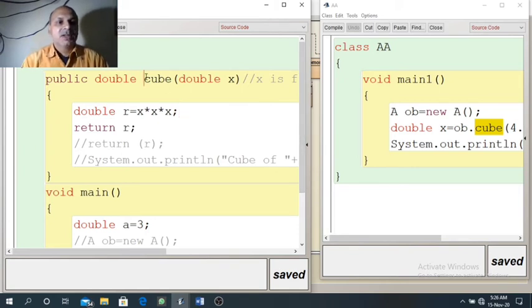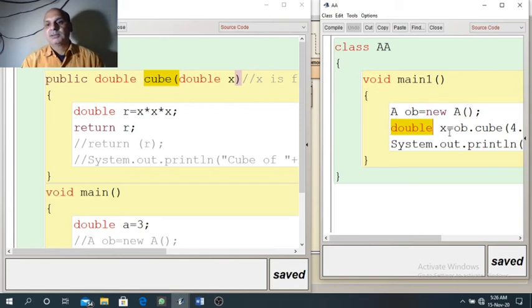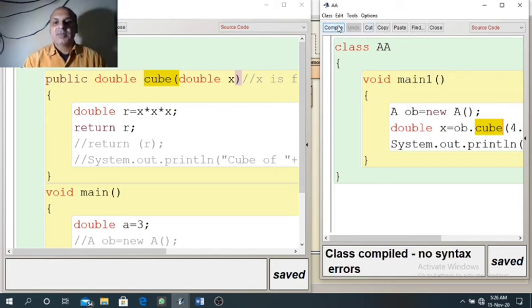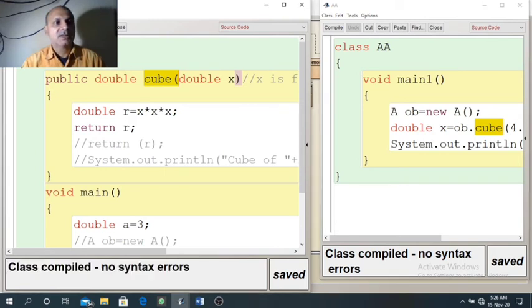So the function of class A, that is cube, it is called here in another class AA, and the class is compiling. It is not showing any error. It shows that public function can be used outside the class also. Now we will see the result.